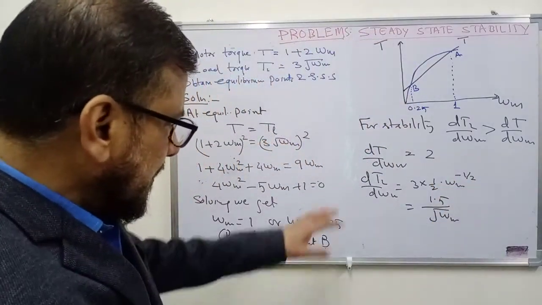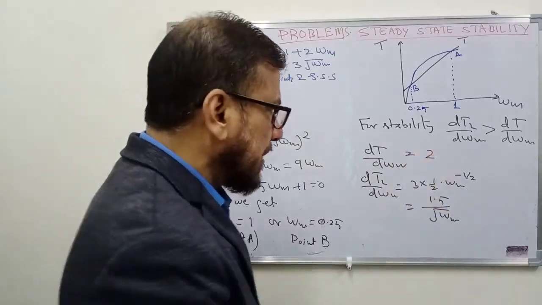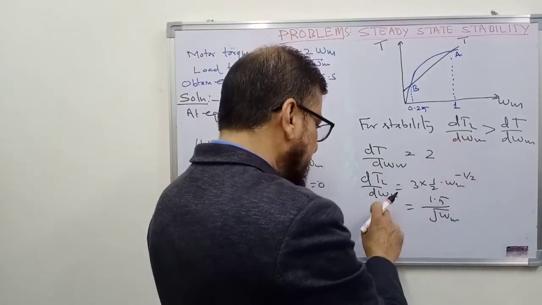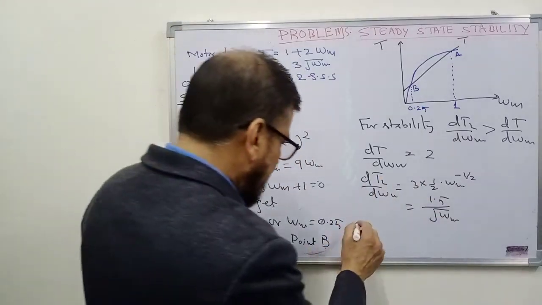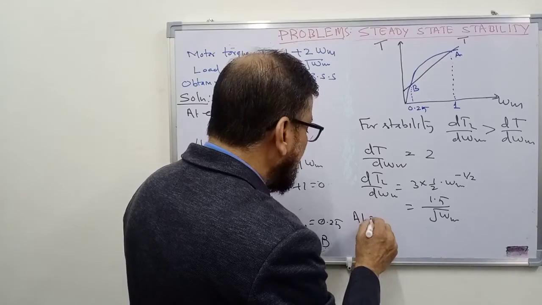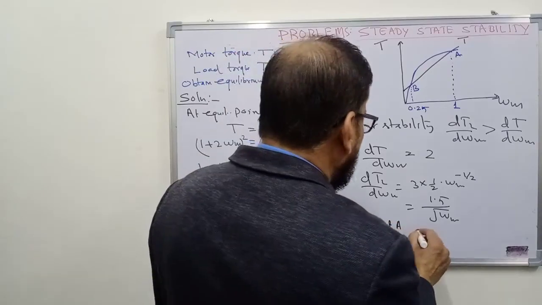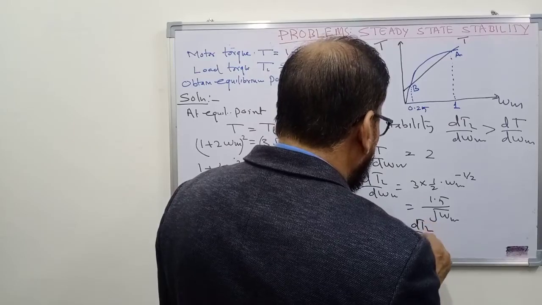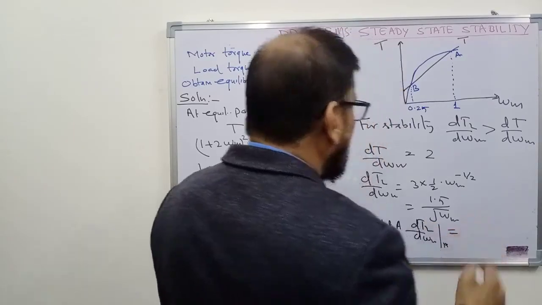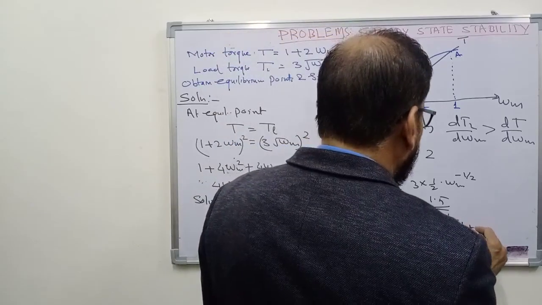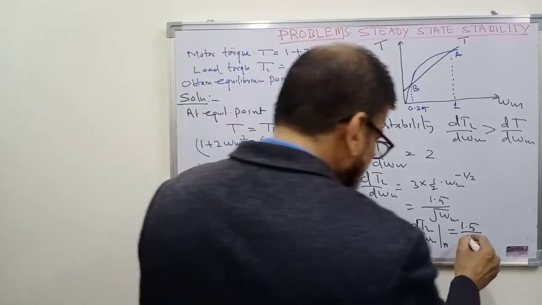So dT upon d omega m remains constant at 2. Let us find out the value of dTL upon d omega m at 2 points. So at point A,